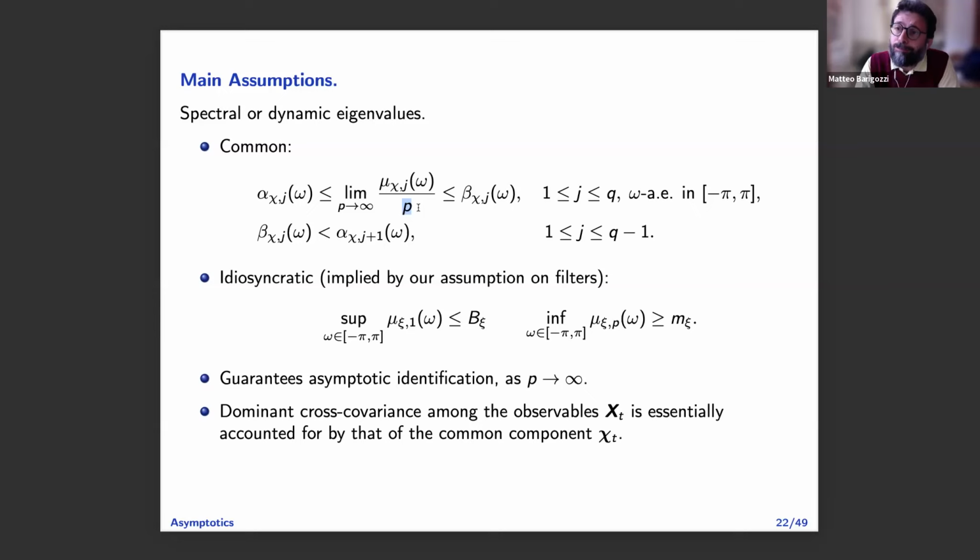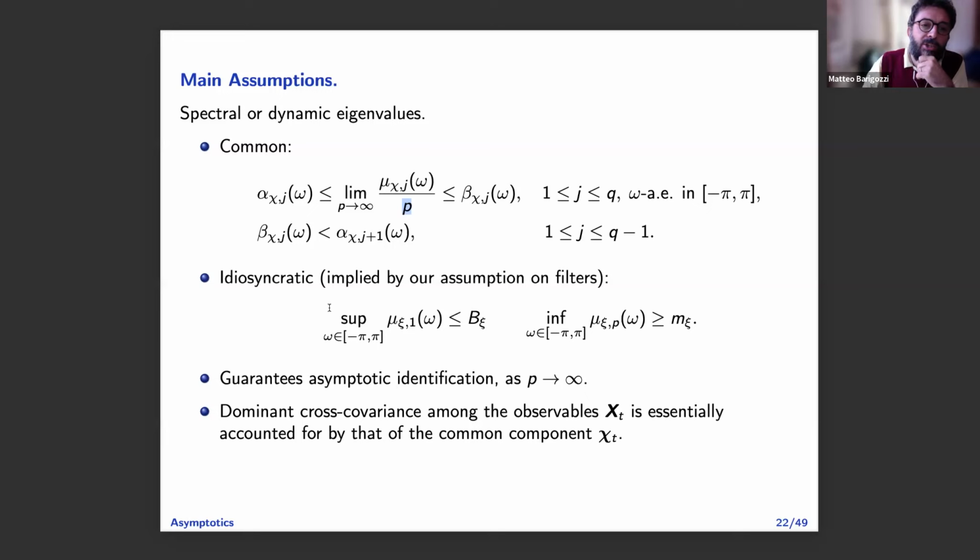Honestly, I do believe they exist, as Alexei Onatsky was putting it two weeks ago, but I do believe they are not needed for this kind of study. So I will not speak about them, okay? But we do have results. So if instead of P here, you put P with a different power, less than 1, some results are possible. Obviously, that power cannot be estimated in practice, so these are assumptions, but just to tell you that it is possible in principle, if you like that.